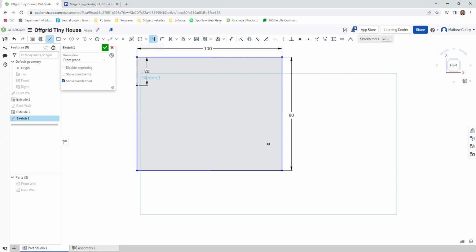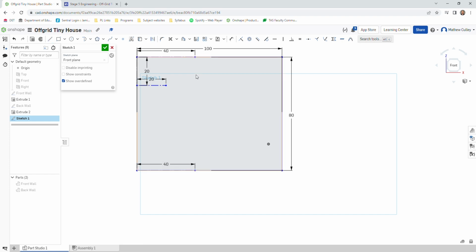Making sure construction's still selected, left click on this point here, coming across, left click again, and typing in 20, enter, escape. L for line, Q for construction, coming down the bottom here, left click once, coming across 40 millimeters, left click again, typing in 40, enter, and we will do the same thing at the top. So escape, L for line, Q for construction, left click, coming across, left click again, and 40, enter, and